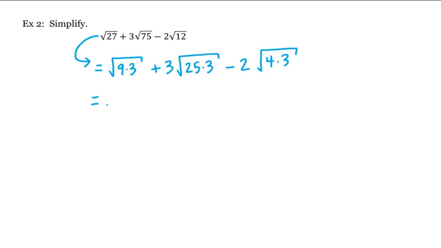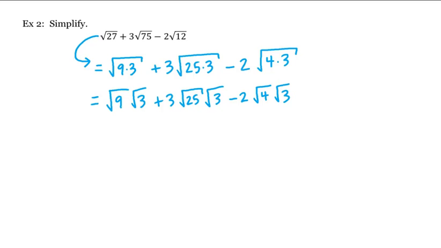Again, by properties of radicals, this is equal to the square root of 9 times the square root of 3, and then plus 3 times the square root of 25 times the square root of 3, minus 2 times the square root of 4 times the square root of 3, which is equal to the square root of 9 is 3, so we have 3 times the square root of 3, plus 3 times the square root of 25, which is 5, times the square root of 3, minus 2 times the square root of 4, which is 2, times